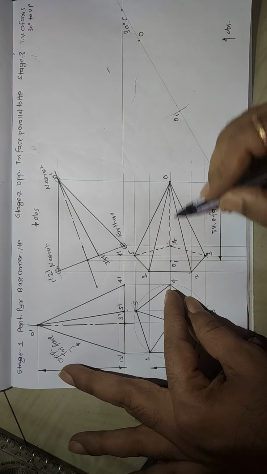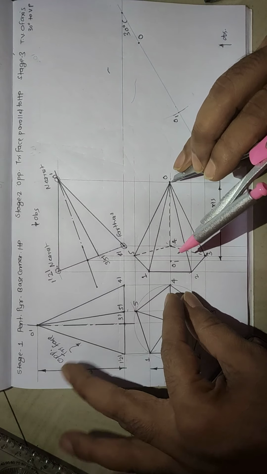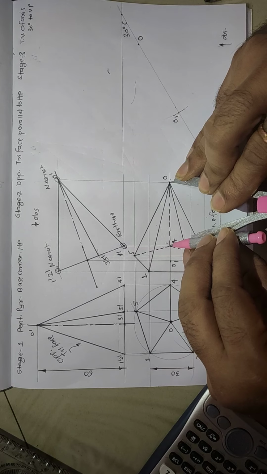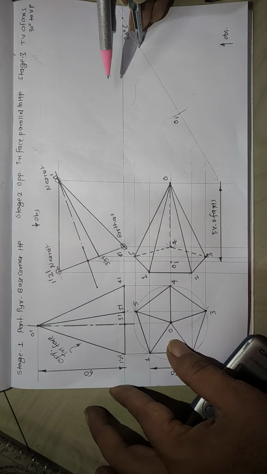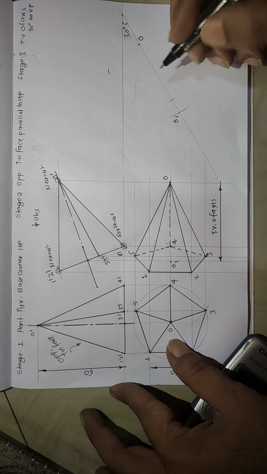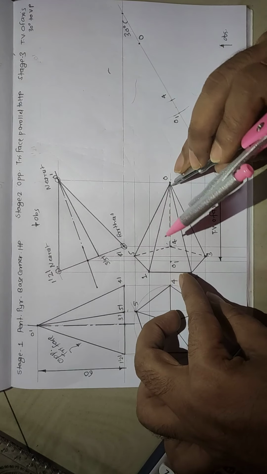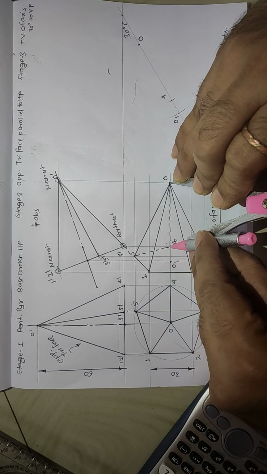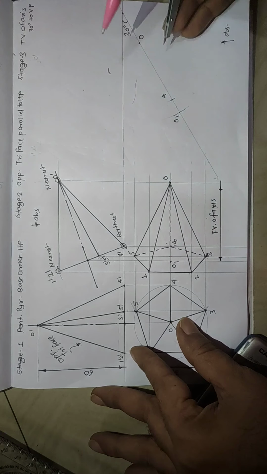Now on this line there are some important lines. For example, for point 4, I will take from this point to this point. I will take this distance in compass, and then I will transfer it on this line. So this becomes my point number 4. This is point 4. Now for 5 and 6 you have to transfer one important location through which I can draw one perpendicular line. See, there is one location for this projection line. I will transfer it over here.